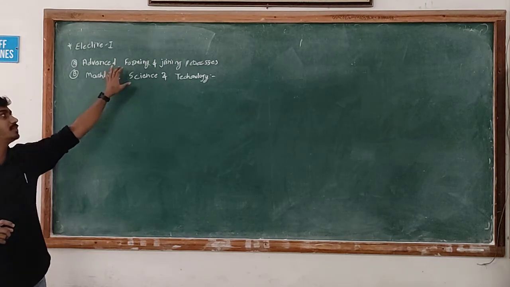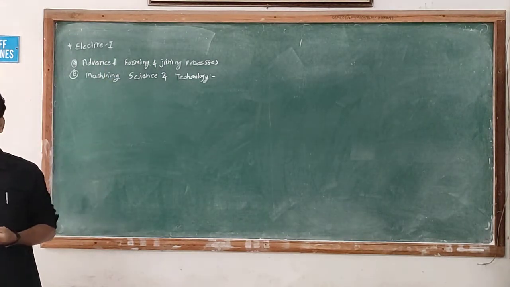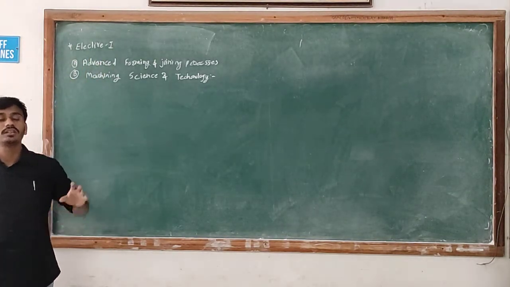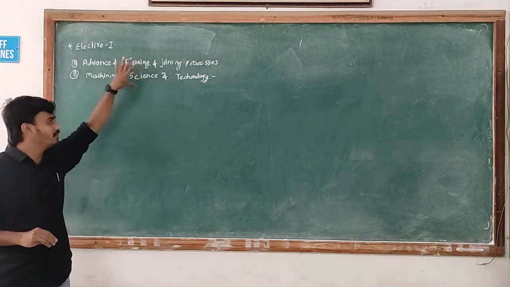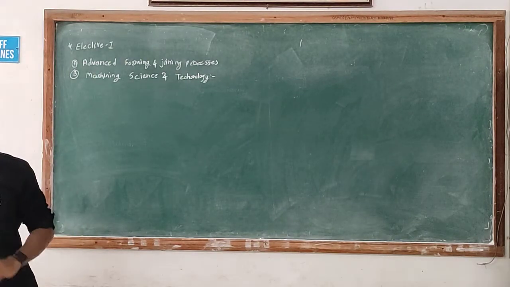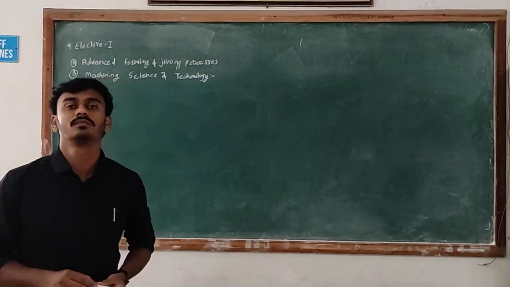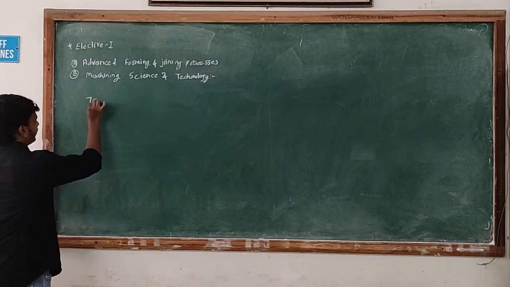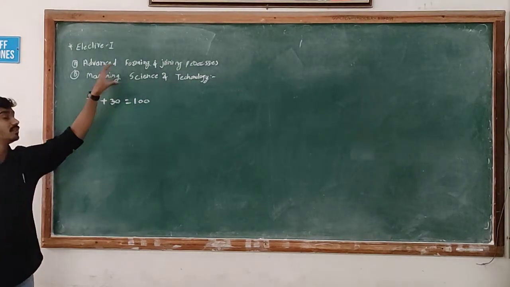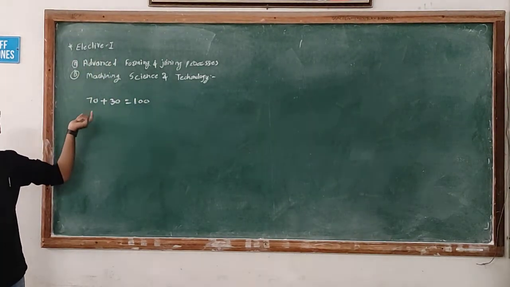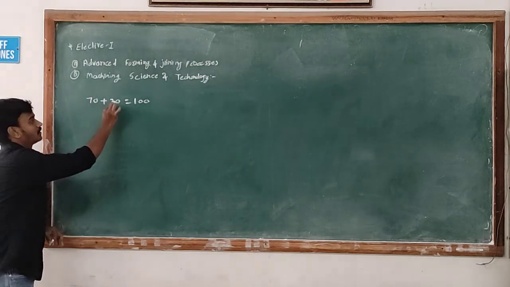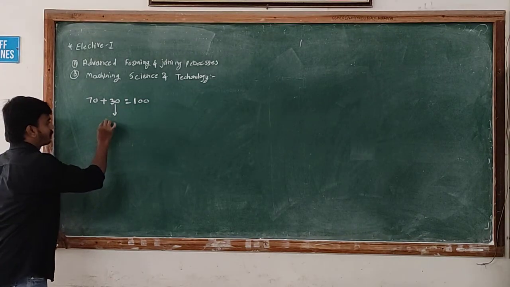Okay, so this subject includes 3 credits, means this subject has 3 credits in our credit based system, and the total marks is 100. Both these subjects consist of 70 marks for the end semester examination and 30 marks for the in-semester examination. Okay, so this 30 is based on our first 3 units.